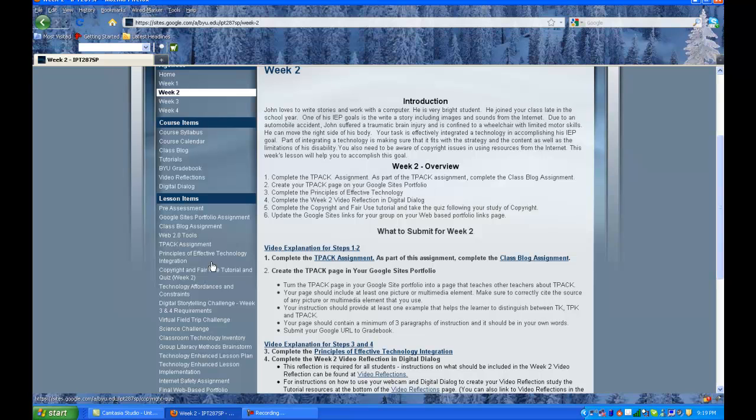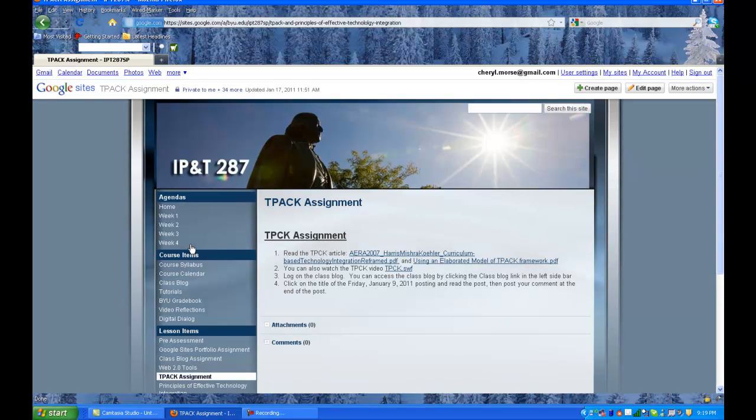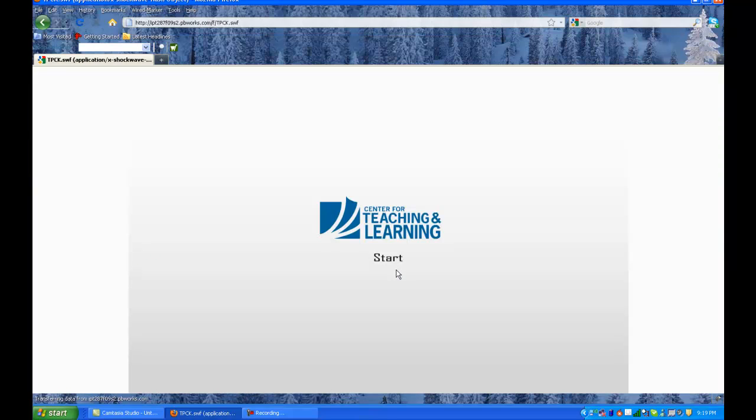One of the options is if you go and click on your TPACK assignment in the left sidebar, you'll see here that under step number 2 you can watch a TPACK video. If you click on that link, it will take you out to the TPACK, it's a flash animation. If you just went up here and highlighted the URL, and then just did Control C to copy it if you're on a PC, and then went ahead and went back to,